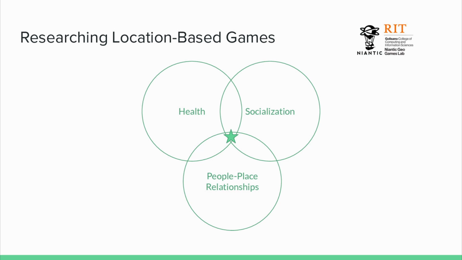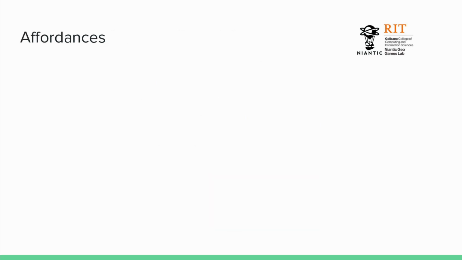My particular research lies a little bit in the center there, and I'm particularly focused on how interfaces may be modified to have a positive impact on expressions of these various traits and things along those lines. In exploring these three categories, I also stumbled upon the core focus of this thesis, which is location-based game advertising and its affordances and how that impacts the players. But before we get to that, we should probably talk about affordances.